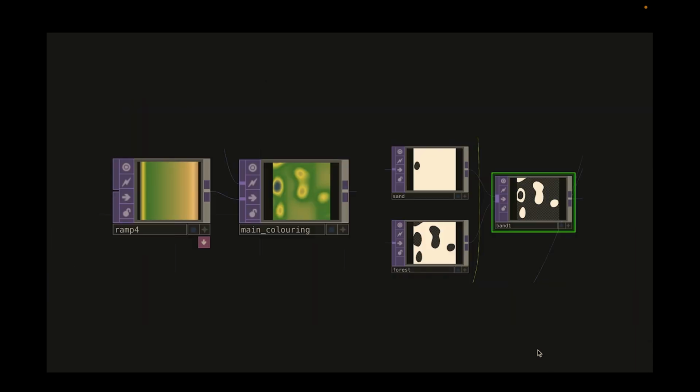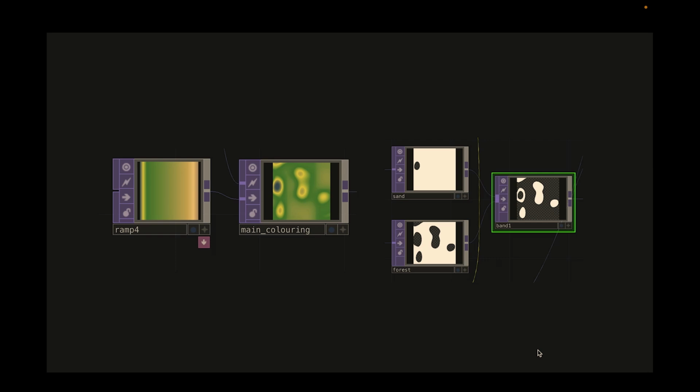So yeah, I'll just talk a little bit about the rendering, the colorization, if you like, a bit more of this. So typically, a ramp can be used to color kind of contoured noise. But the technique I've been investigating is to kind of band out some of the heights. So basically using a limit and then using a difference to kind of isolate different bands, so you can see